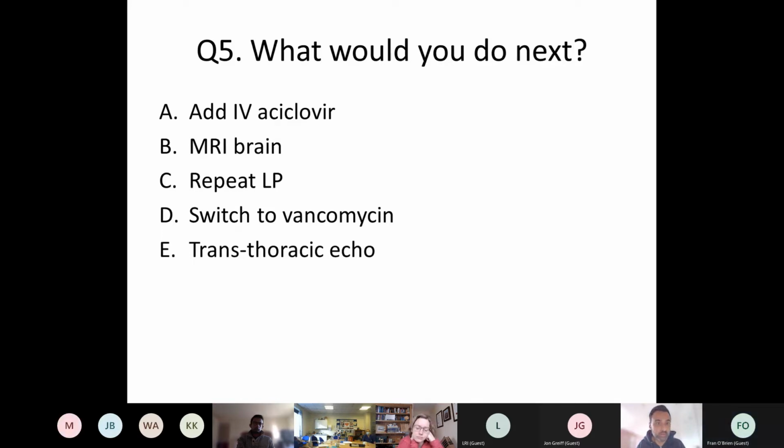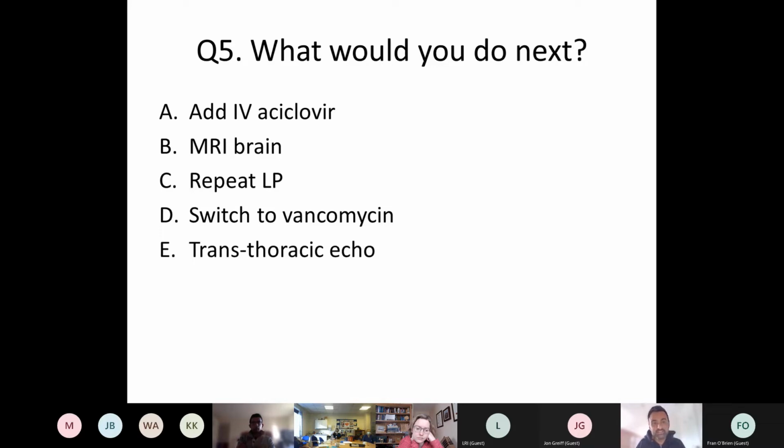Absolutely. So that is what I would be concerned about. So particularly with quite significant meningitis and invasive disease, these scans may not show anything, but it can develop into either cerebritis or potentially a cerebral abscess. So I would be worried about that. These vacant episodes may be seizure-like activity. So that's probably the next thing I would do.